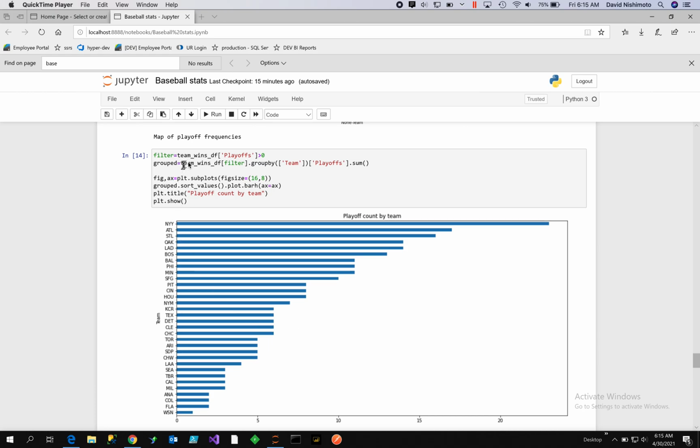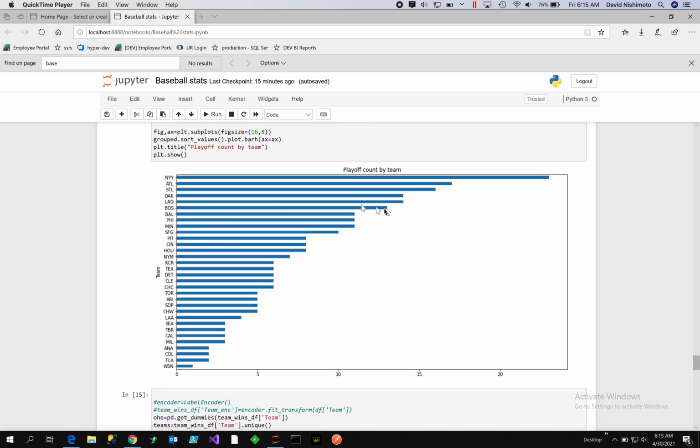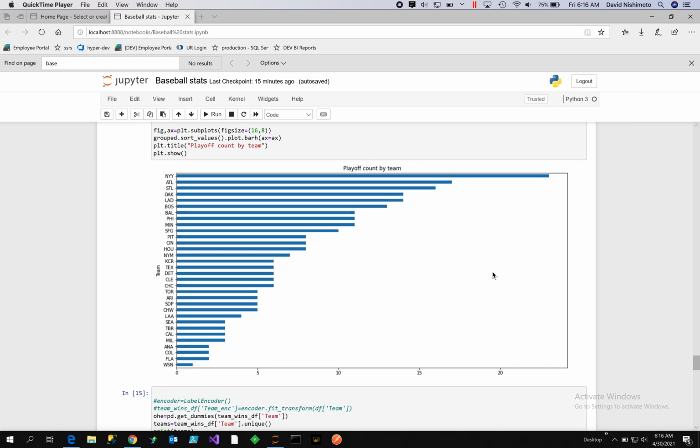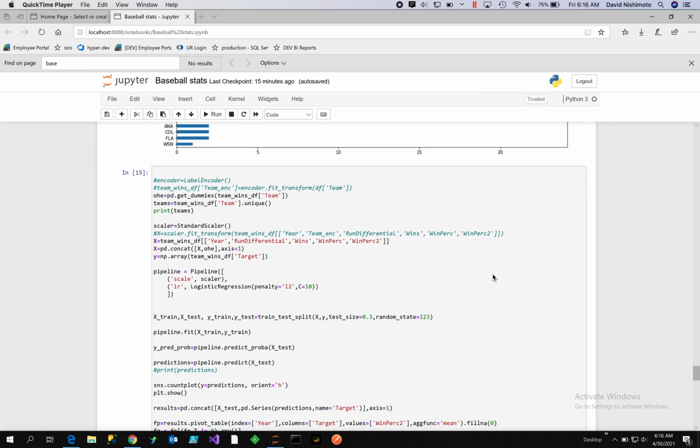Then we could see what teams made the playoffs the most. Then this is kind of the rank, and New York is at the top, and then you have Atlanta and Oakland. And so, you could probably pick your favorite team based on, if you divide this line here and then select maybe 1 out of 5, you're going to have a pretty good team based on the odds.